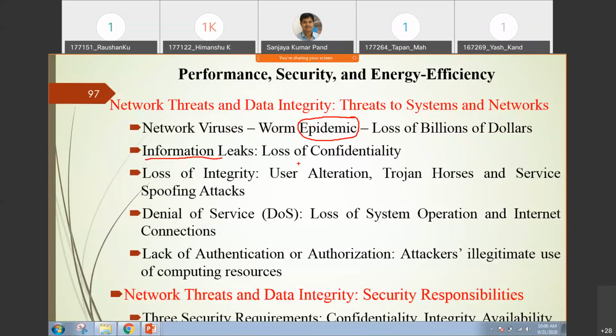In many examinations also in past days, you may have heard this news, right? The question paper was leaked prior to the examination. So that is called the loss of confidentiality.